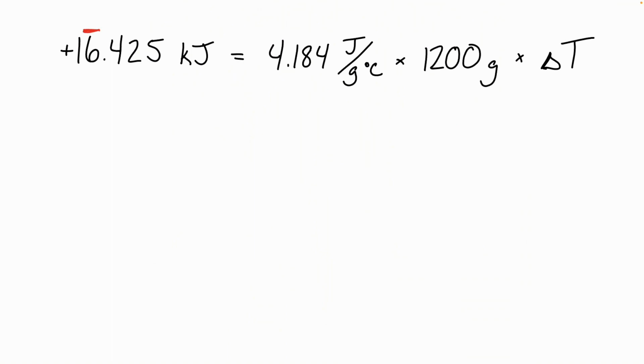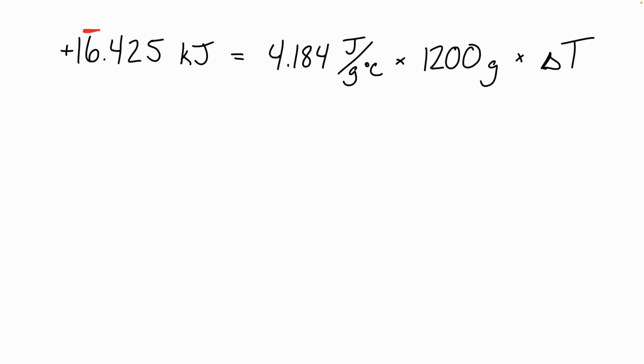On the one side, I have my energy measured in kilojoules. And on the other side, my heat capacity is given to me in units of joules. Those aren't going to square away. Luckily, at the very beginning of the semester, we learned how to do these unit conversions. So we can convert from kilojoules to joules so that our units are all squared away at the end. It actually doesn't matter which one you convert. You could convert your heat capacity into kilojoules per gram degree Celsius, or you can convert that heat into joules. As long as they match, you'll get the right answer.